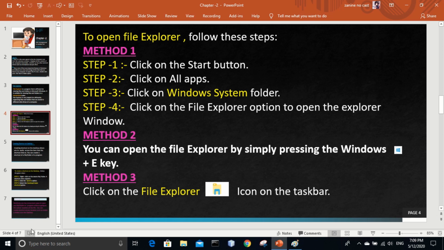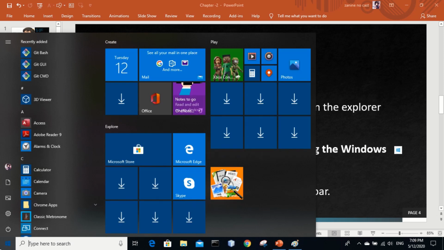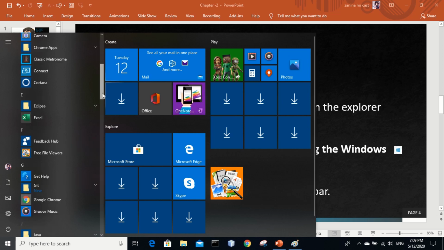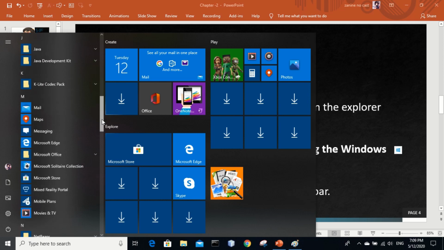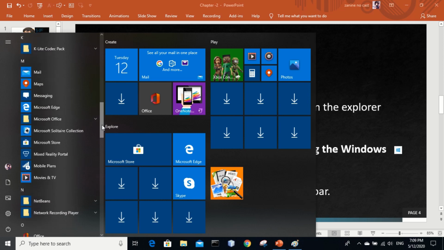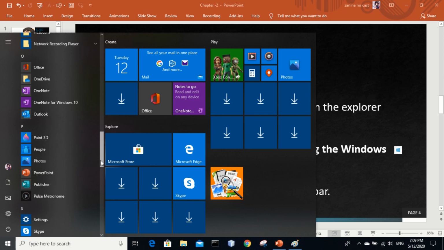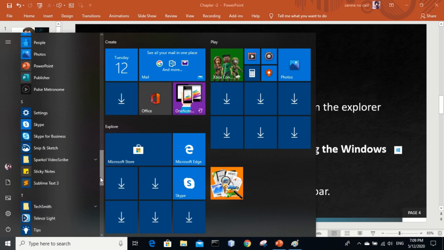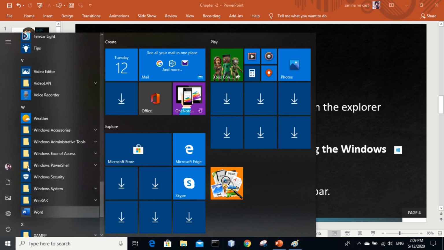See, this is your start button and I am clicking on it. After clicking, I am going to the W series. All programs are already in series, so I am directly going to W to find Windows System. This is Windows System.